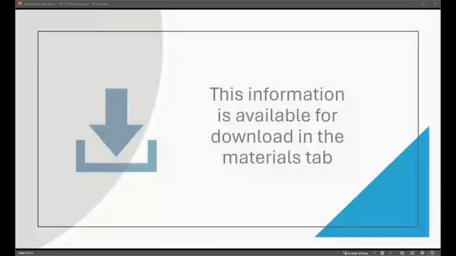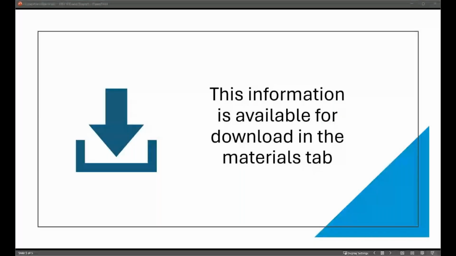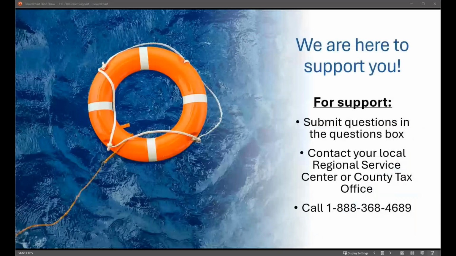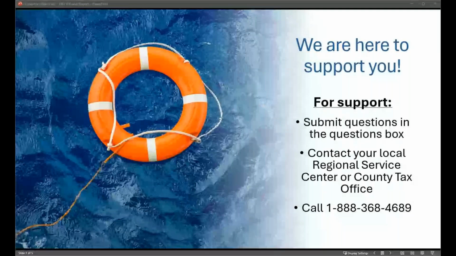You can also reach out to your local regional service center, county tax office for things like that. Also, please do not submit questions more than once, whether that is here in our chat or to those dealer allocation inboxes. There are teams working diligently to try to get those answered, but if you post that question more than once or submit more than one email with the same information, that's just going to bog down that process. So we ask that you please do not send multiple inquiries for the same thing.